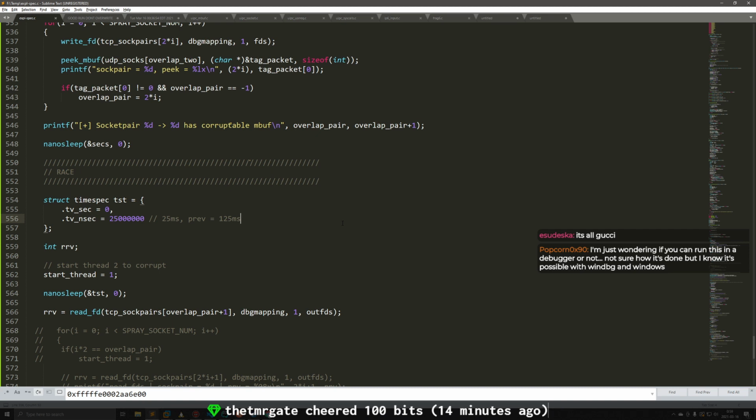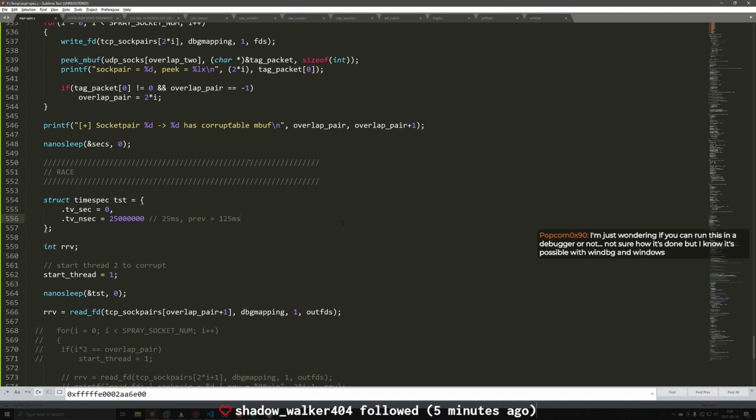So this will be interesting to see how tight of a race this is. It might end up being a matter of like a couple milliseconds, which is pretty tight. But when you're talking about races, they can totally get that tight. Especially because my computer is running at 3.9 gigahertz right now, so the race is probably tighter to hit on the VM than it will be on the PS4.